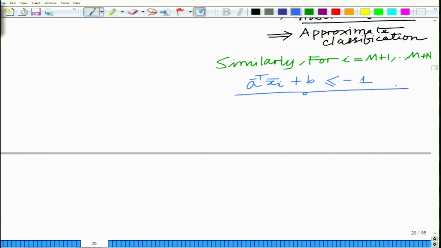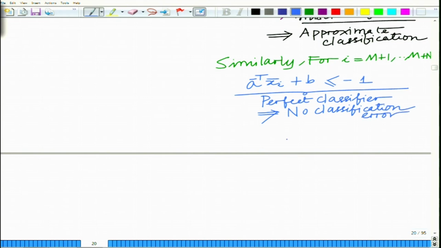This is for your perfect classifier, that is no classification error. However, there is classification error when you want to allow the possibility of points being misclassified,